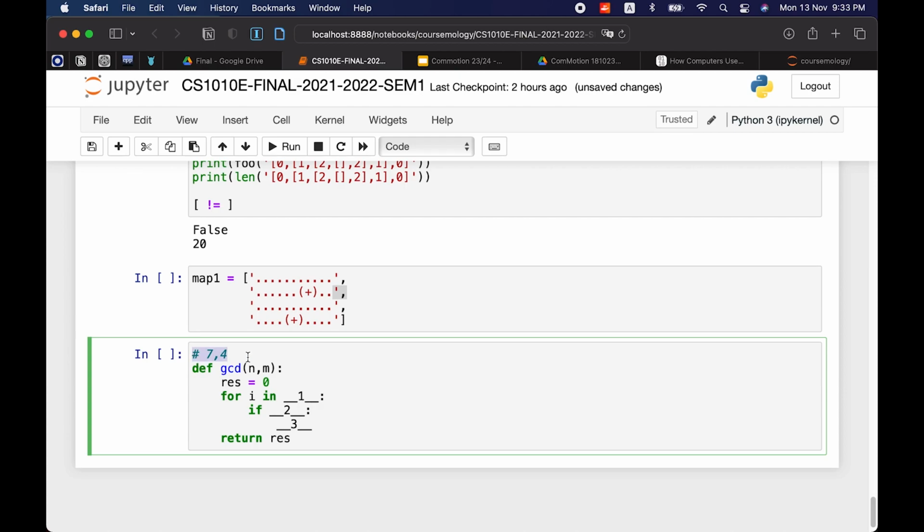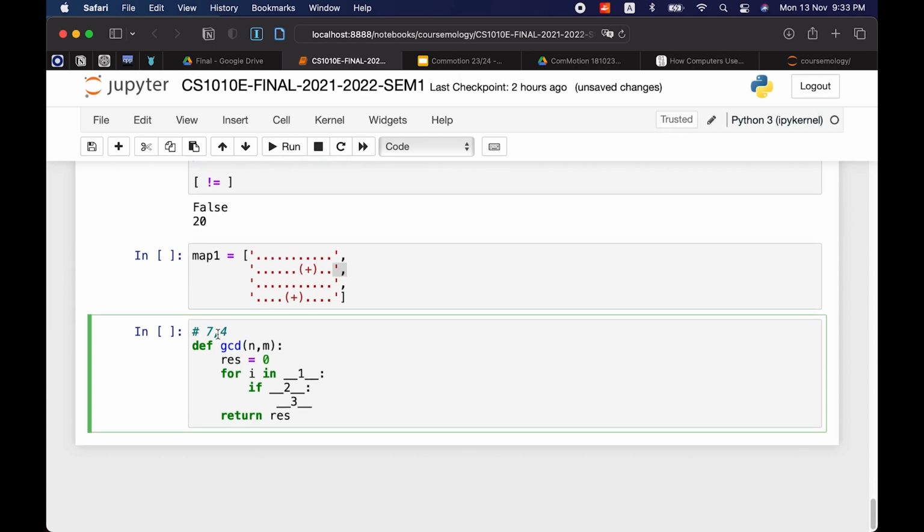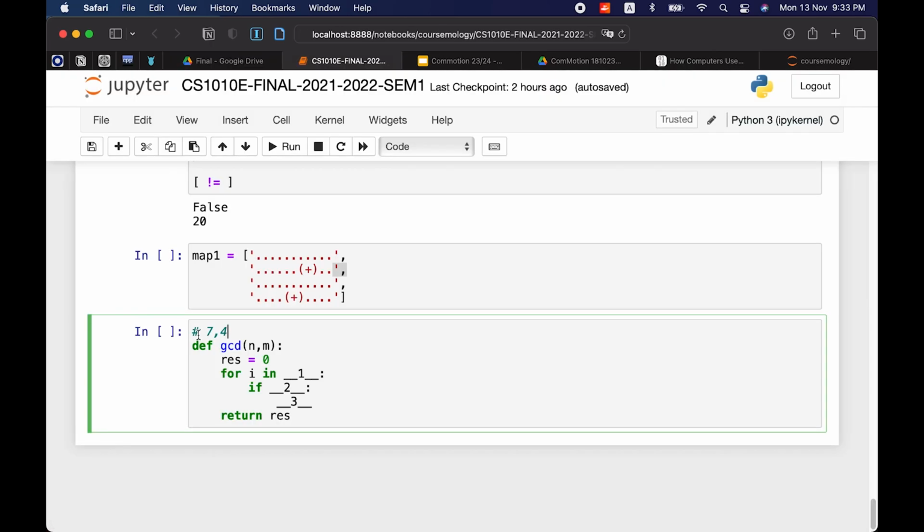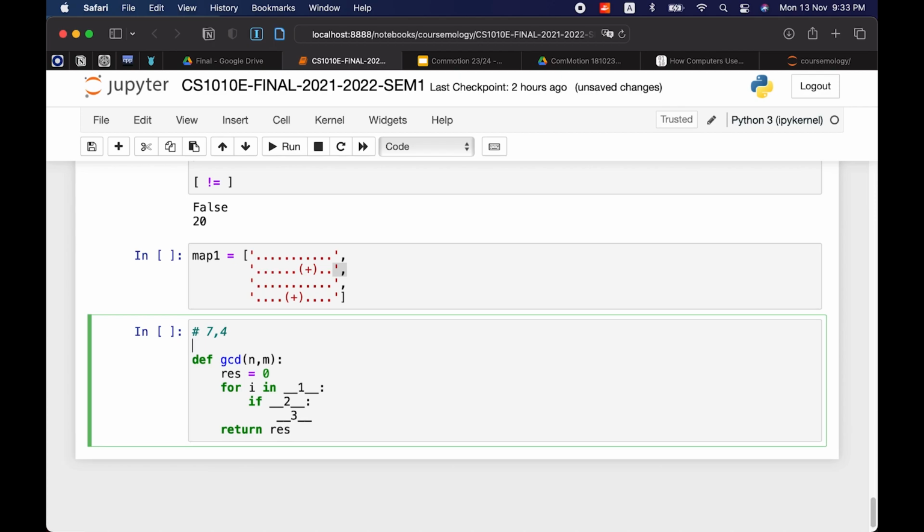We need to find the biggest common divisor, which is like a multiple, I guess.